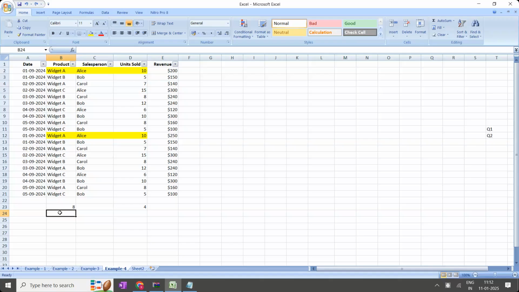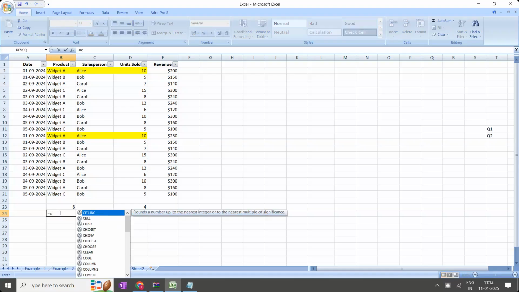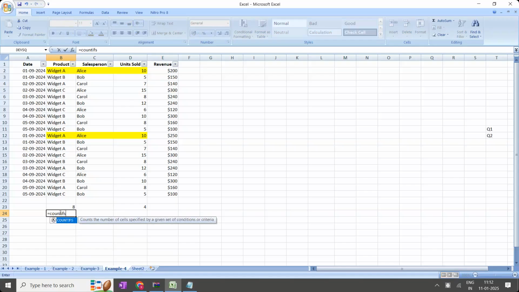Already I have told you the difference between calculated columns versus measures. So here I'm going to create the measure by writing COUNTIFS. What is meant by IFS is multiple conditions. What are the multiple conditions? Condition number 1: in this data, what is the condition?